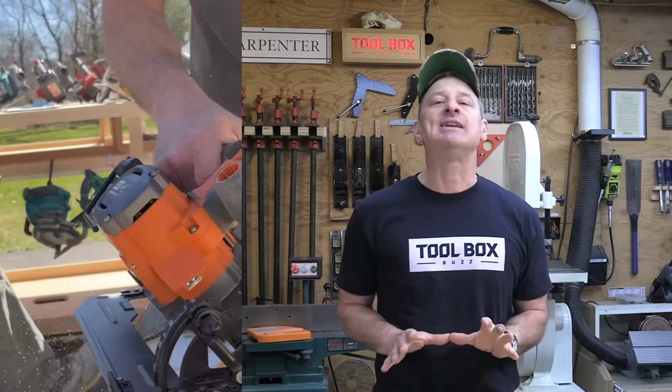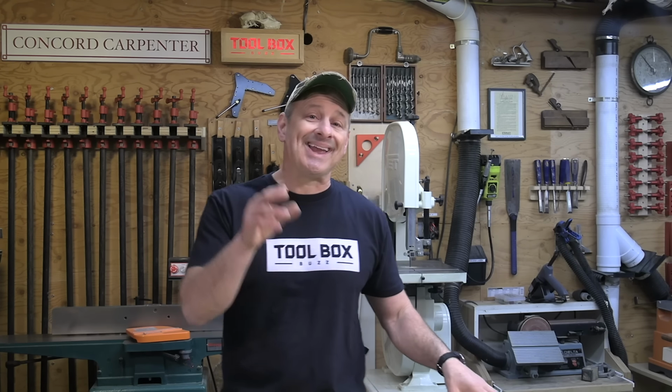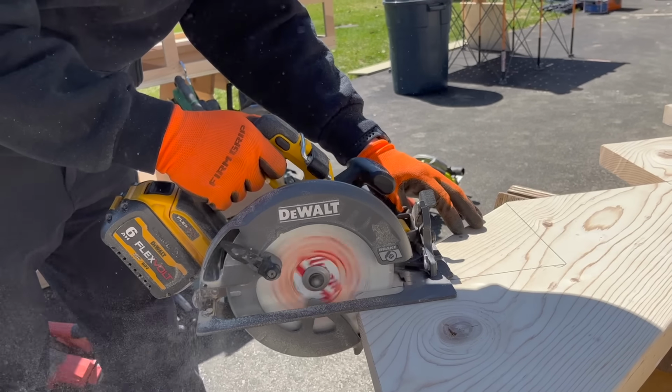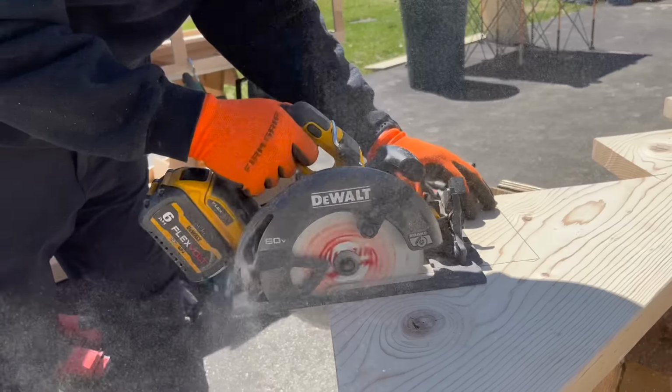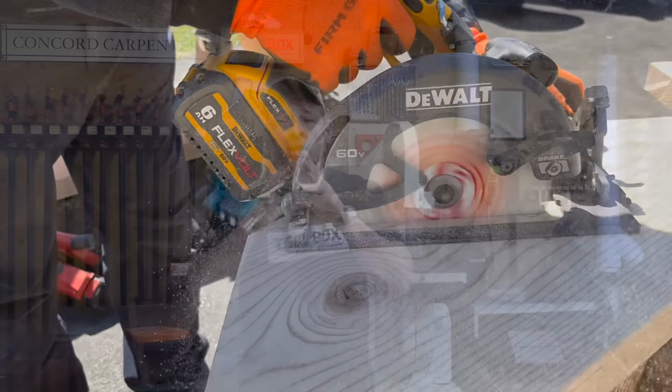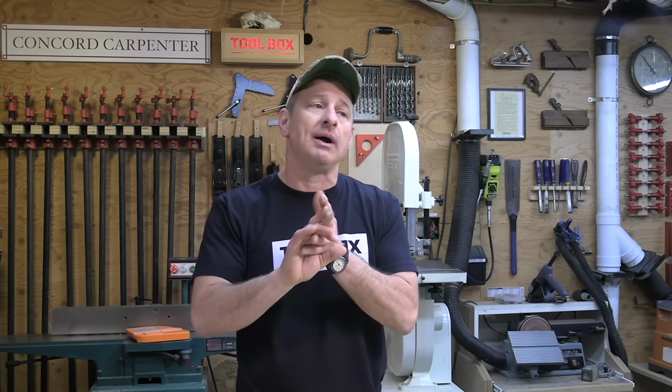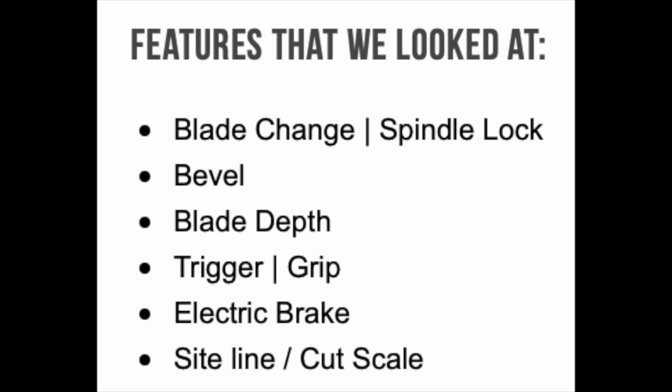The entire team used all of the tools in a variety of cutting configurations and tests. We cut stringers, plywood, LVL, KD lumber, bevels, to rate 6 different features on these saws on a scale of 1 to 10, 1 being the best. The features that we looked at were blade change, the spindle lock, blade change wrench, bevel, blade depth settings, trigger and grip. We looked at the electric brake and put some timing on that, and we looked at sightline,